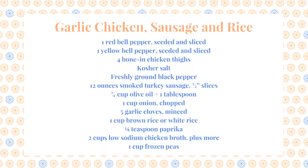This is going to take a little bit to cook because it's one skillet, which we love. So you have one red bell pepper that I seeded and sliced. You have one yellow bell pepper seeded and sliced. 4 bone-in chicken thighs because I love chicken thighs and they cook fairly quickly in the meat. It's just so tasty. Kosher salt, freshly ground black pepper, 12 ounces of smoked turkey sausage that I've sliced into